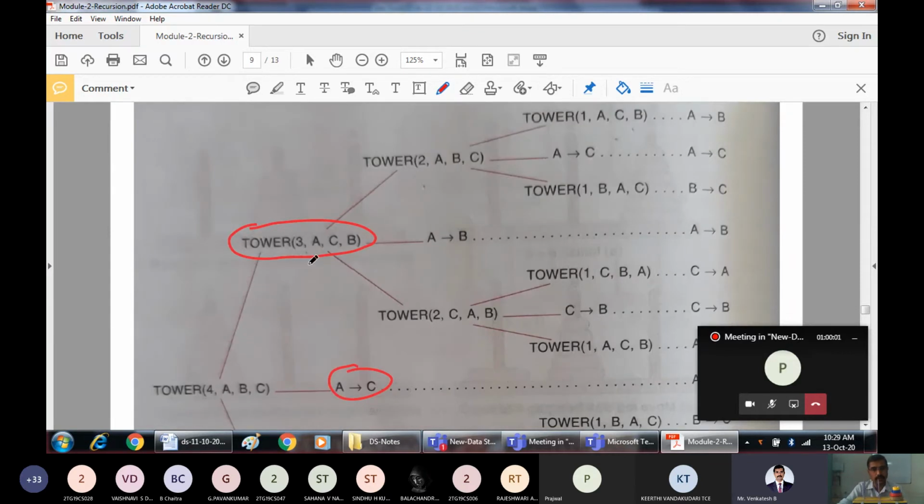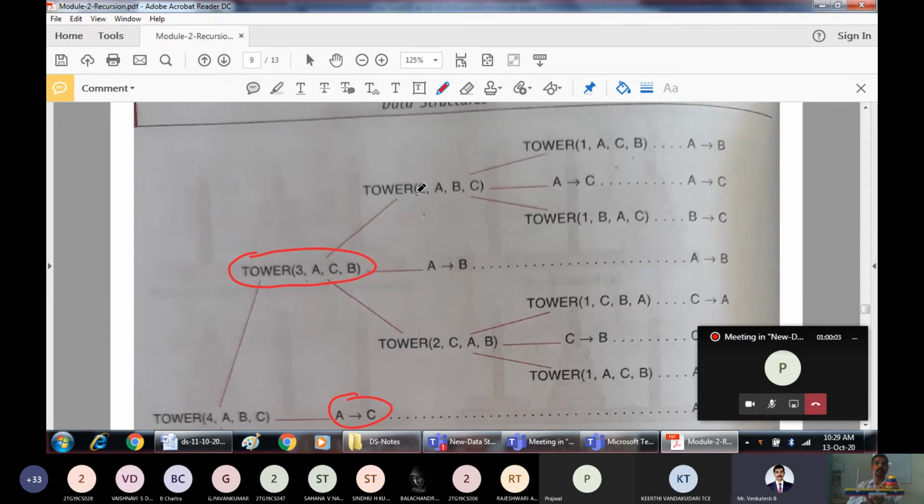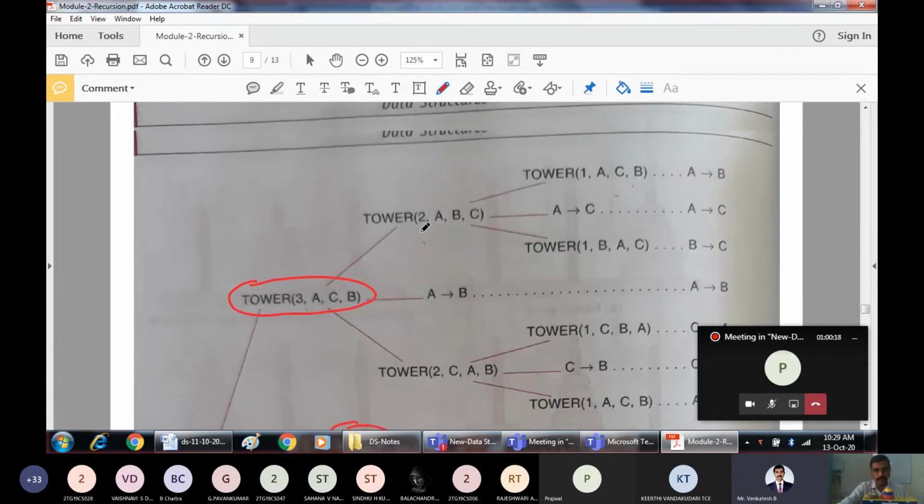This further we have to solve and take it to the recursive procedure, again the recursive procedure. So when there are 3 disks here on A, to be moved from A to B, for the time being you ignore this. Recursively, again, you have to call this. What you have to do? The same procedure you apply. When there are disks here, take the top n minus 1 disks and move them from A to C.